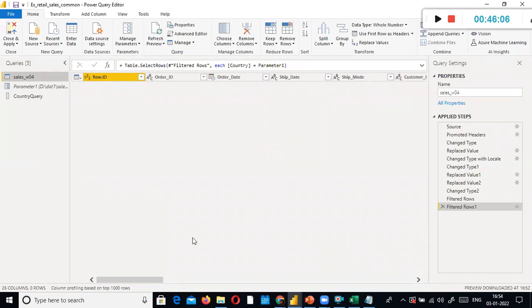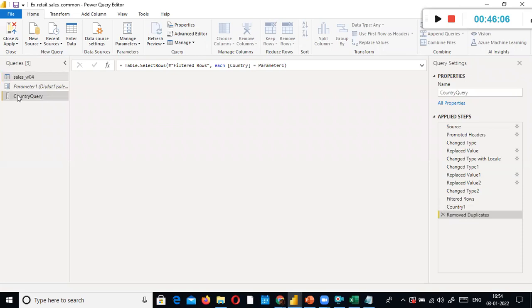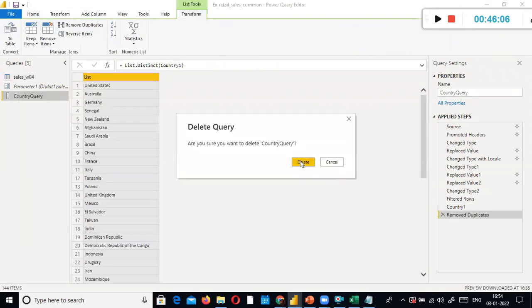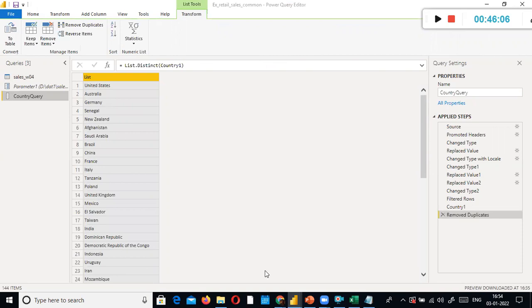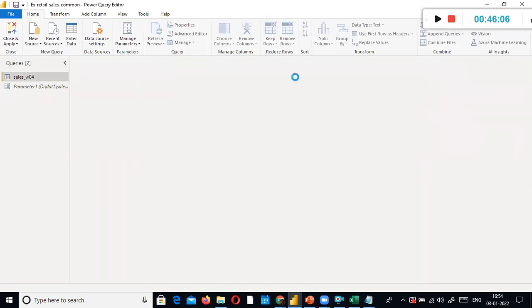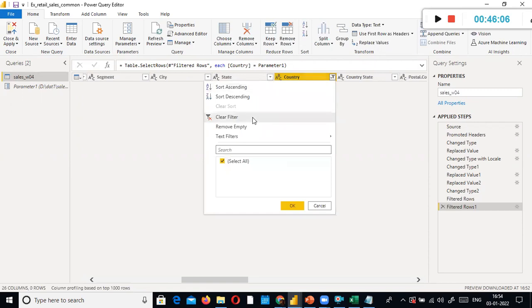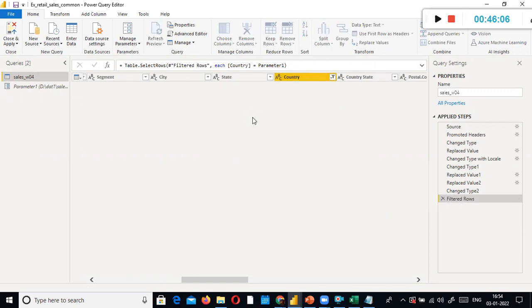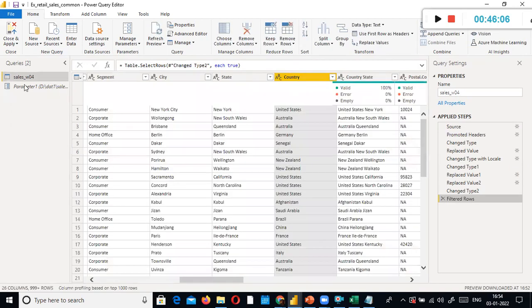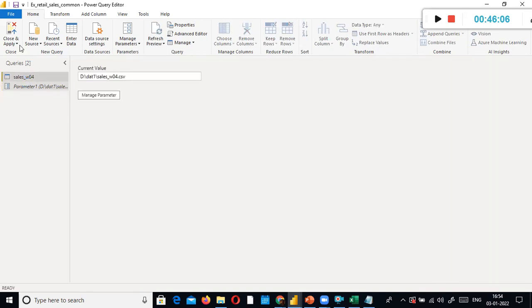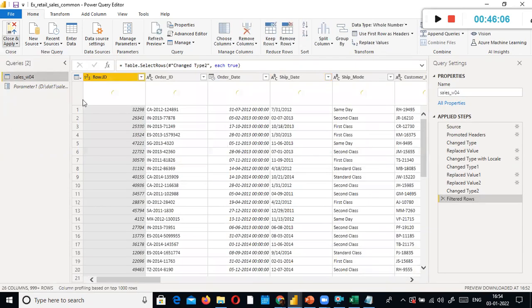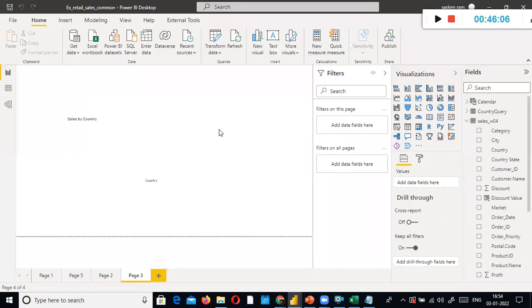I just go to the country column, or I'm going to remove the country query. I don't need it any longer. I just select this one. I just go to country column. I just go and clear the filter, because the previous filter is there, right? I'm going to remove that one. That is the reason why it was not shown. Fine. Okay. And then better you can delete the parameter and recreate it, to overcome this kind of confusion. So I'm going to apply the changes.